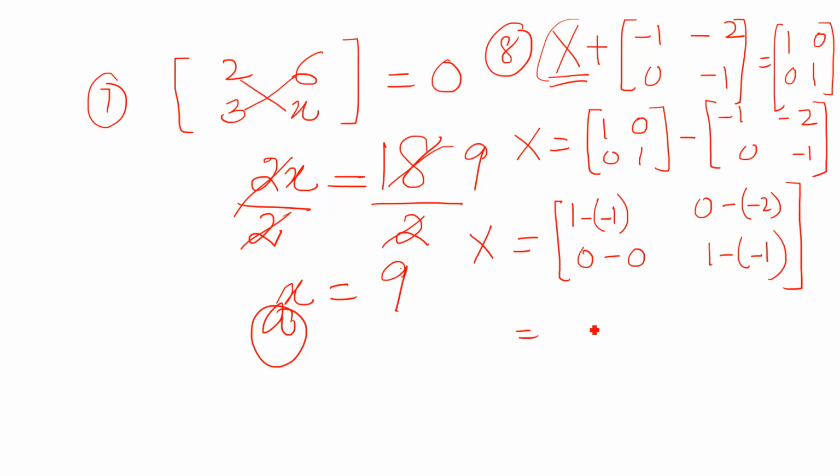So it will be 1 plus 2, this is 3... so X is equal to 2, 2, 0, 2. When you match this with your multiple choice options A, B, C, D, it is D,